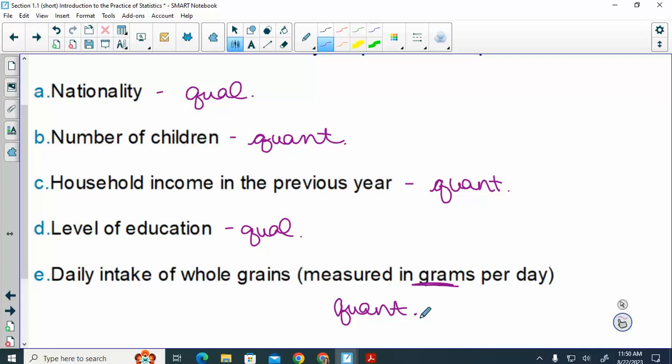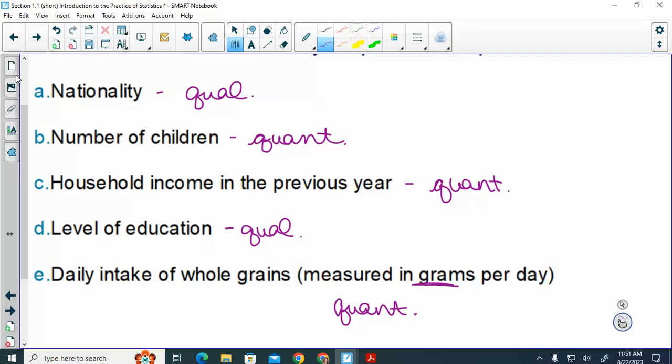Then we can also talk about if these things are discrete or continuous. Qualitative is really just by itself. If it deals with an attribute, that's really all you can do with it. So we have variables. It can be qualitative, it can be quantitative. If it's quantitative, then we can break it into